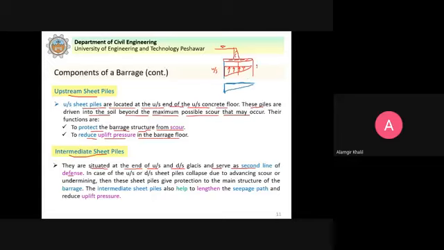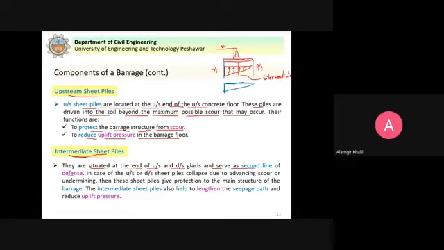This will be the downstream sheet pile in a very simplified sketch, and this will be the intermediate. So this is what we talk about as intermediate sheet piles.